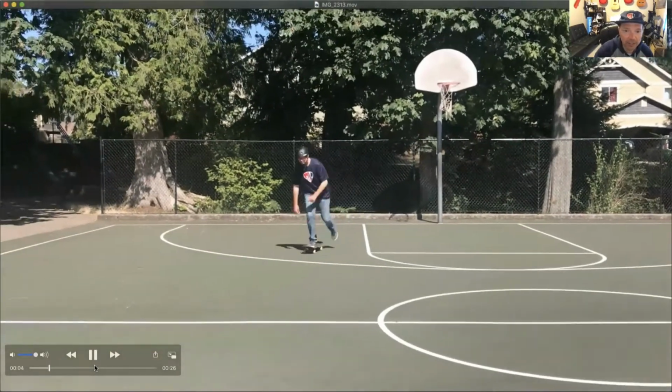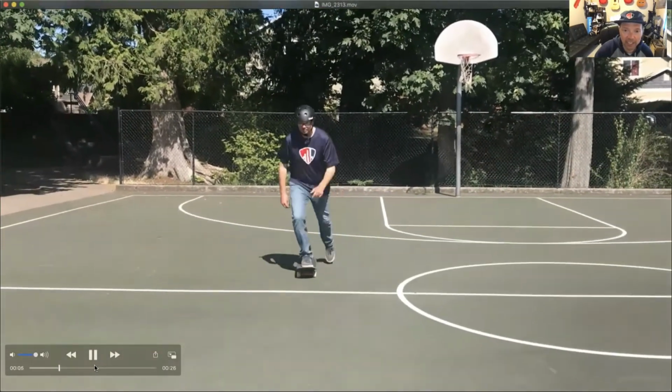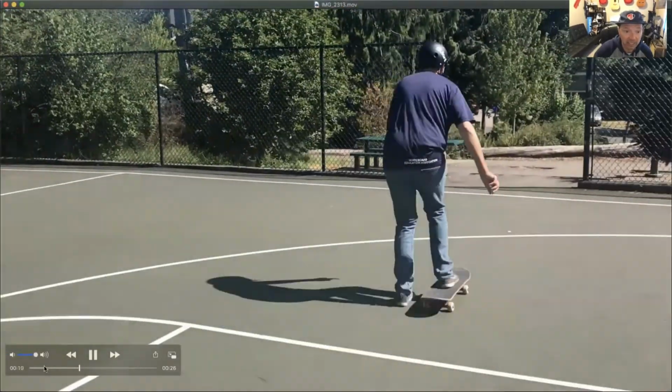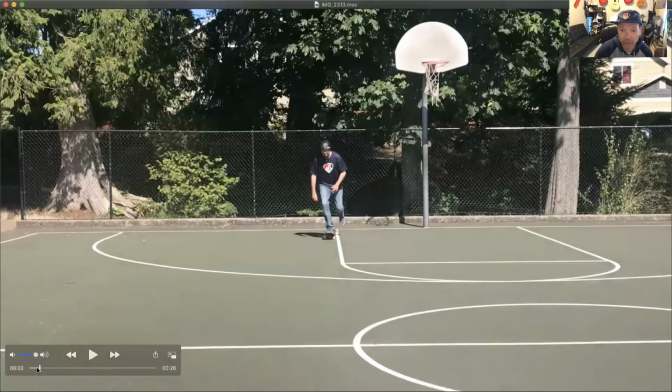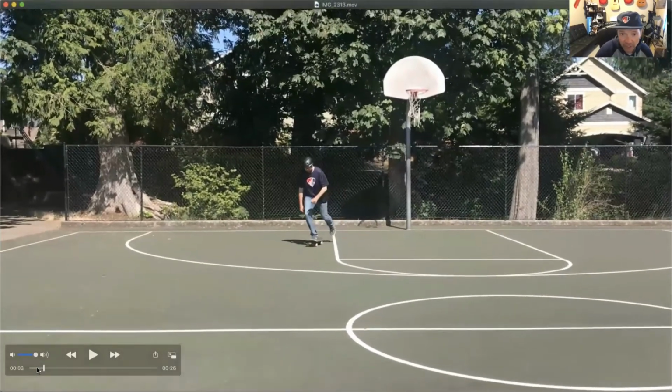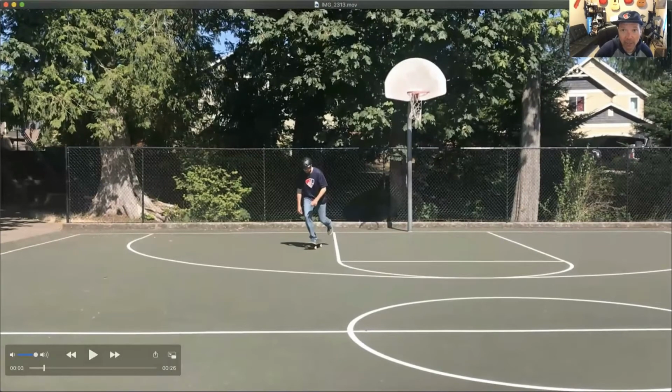And now if you notice, you can see the lower half of my lead leg tipping to the left and the right, and the board is responding. So just that little movement, just that little joystick movement of the lower half of the lead leg, there it goes, it's tipping that way, right? So right here, we had a little one going, you can see this leg tipping here. So my board's going to go that way, right? And then in a moment here, the very next push you're going to see,